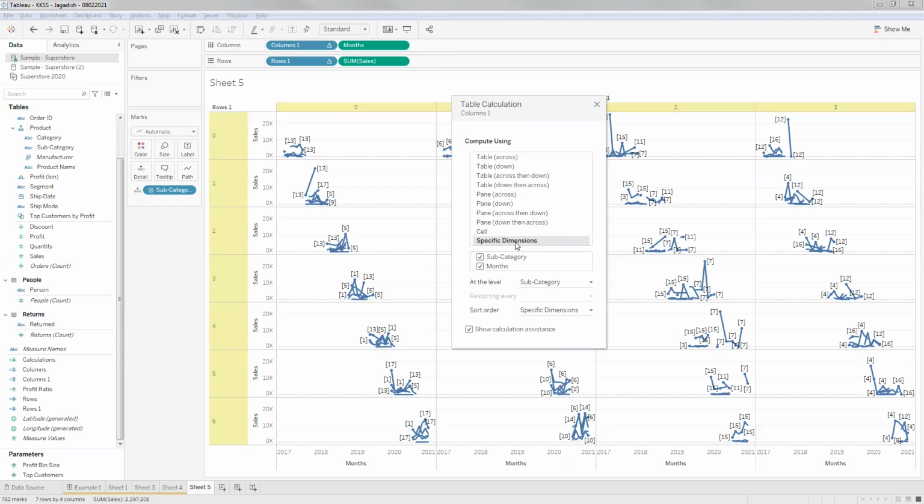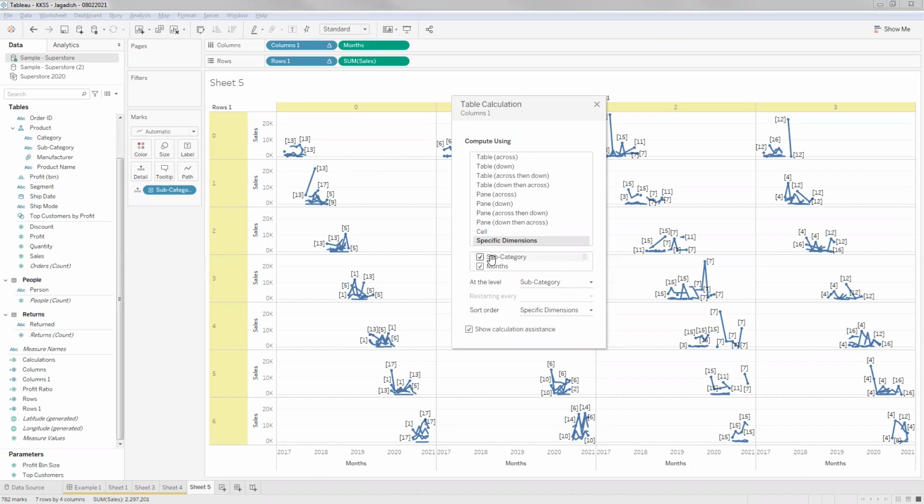Whenever you choose specific dimensions, Tableau won't bother to get the information about what fields are present in columns and rows, so it doesn't get much information about the view.